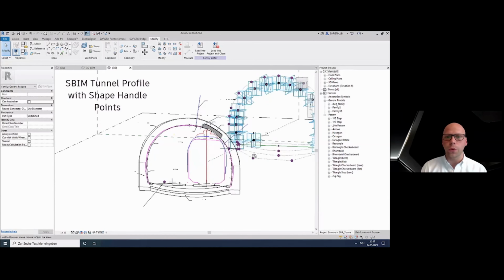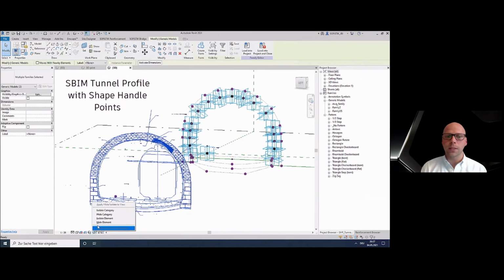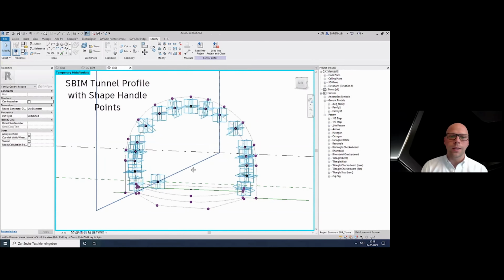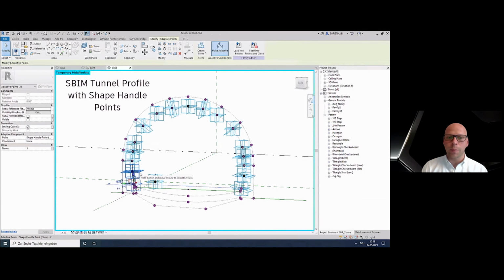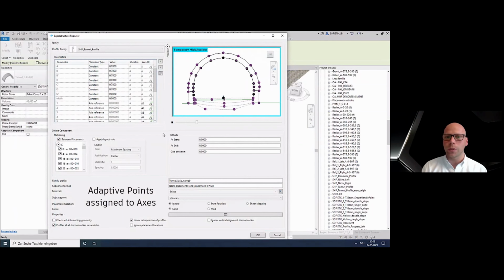Next step is to create the tunnel profile based on the old drawings, let's say, that is driven by the shape handle points. And each shape handle point will be later on assigned to each secondary axis. So in the next step, we can see that the assignment was already done.